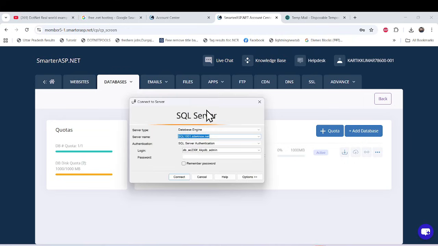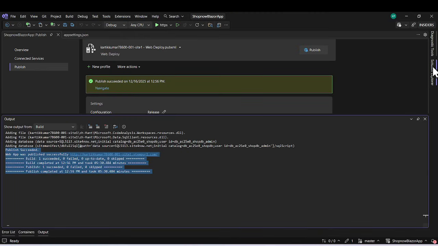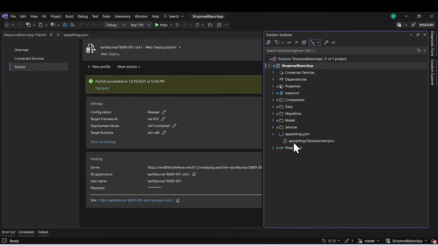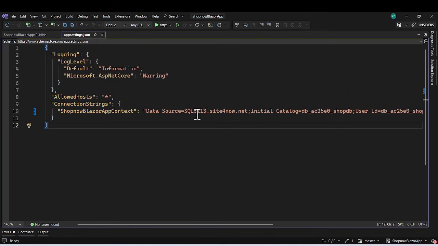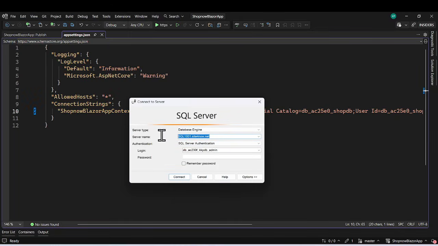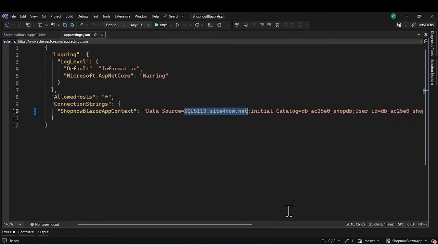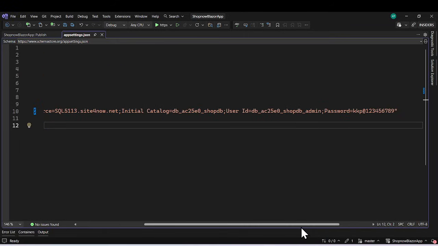Studio, and in here you can just give your server name. So let me get that server name. I already added it in my connection string, so I can get it from there. My server name is this, so I can just copy this, and just change to this. And for login information, we go back again. So the login information, the user ID is this,